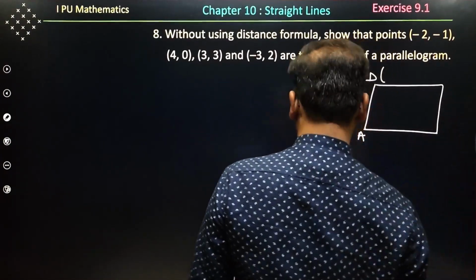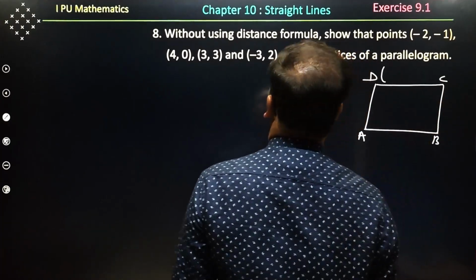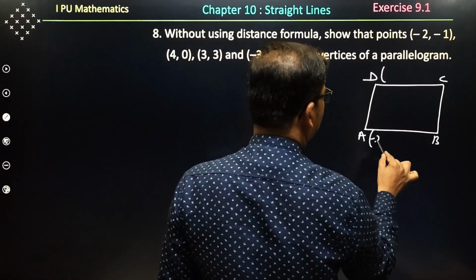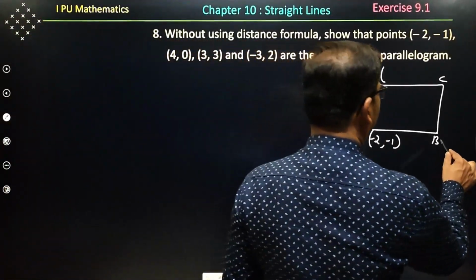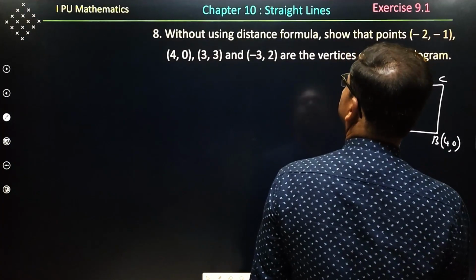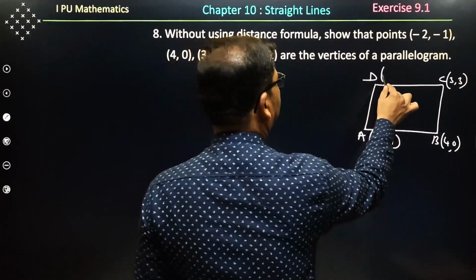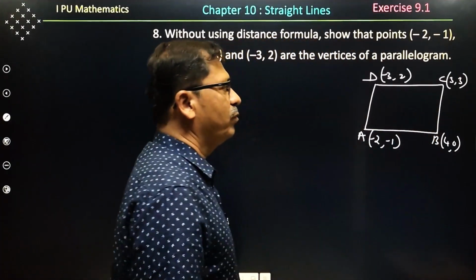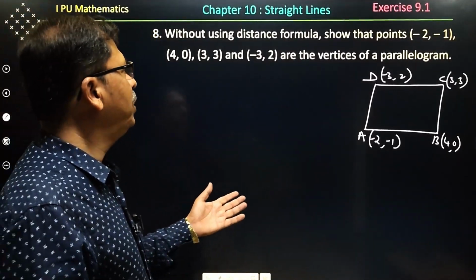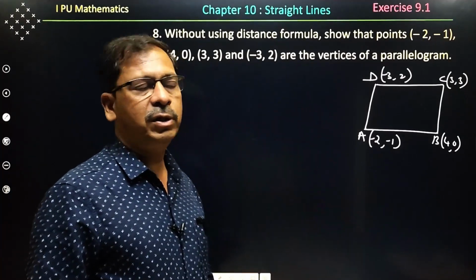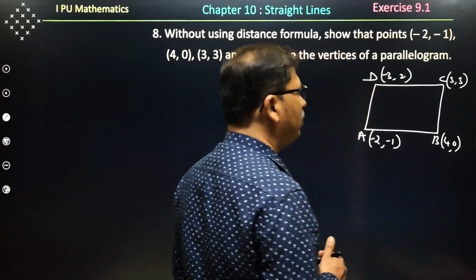A, B and then this is C and then this is D. A corresponds to first point, minus 2, minus 1. B is 4, 0. C is 3, 3. D is nothing but minus 3, 2 here. So, these are the 4 points he has given. Without using distance formula, you need to show that these 4 points are the vertices of the parallelogram here. See, in order to prove this, what we can prove with respect to